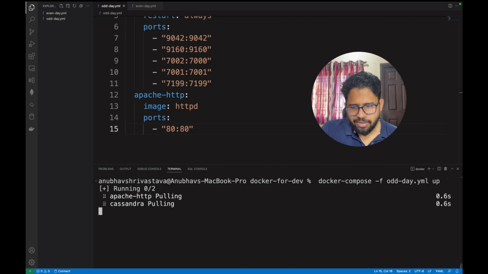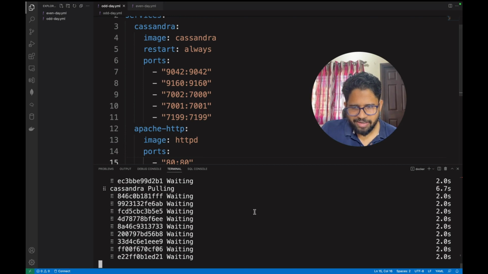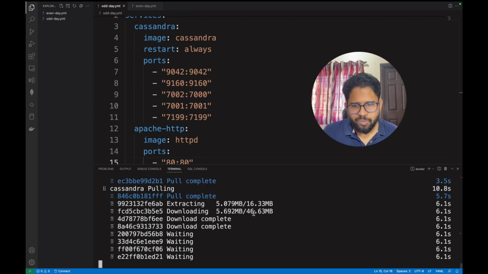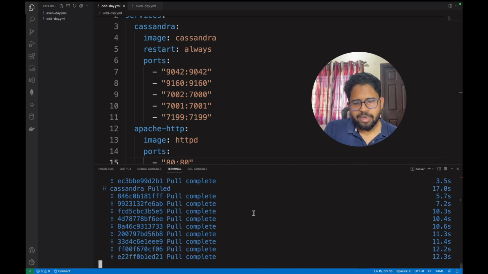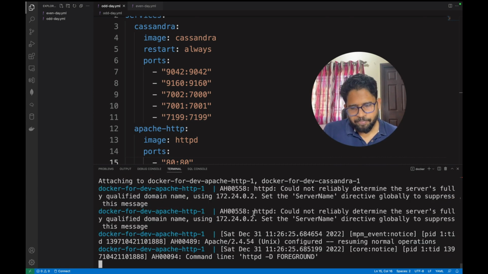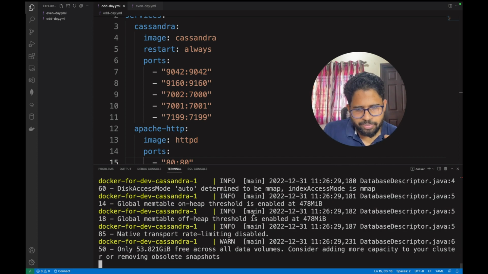When you do that, it will download both the images, Apache HTTP server as well as Cassandra, both the images on your machine. And all you need to do is to wait and watch. It will take a few seconds and it will download both the images and then it will run them as well. So let's wait a few seconds and wait for them to run.